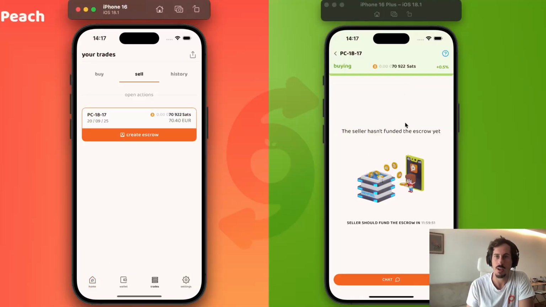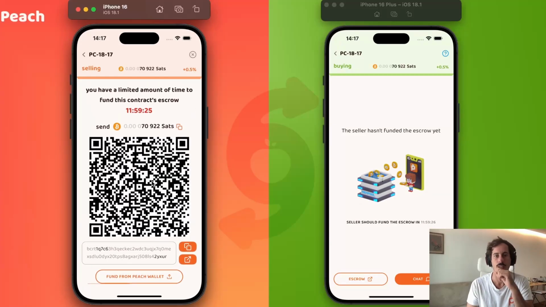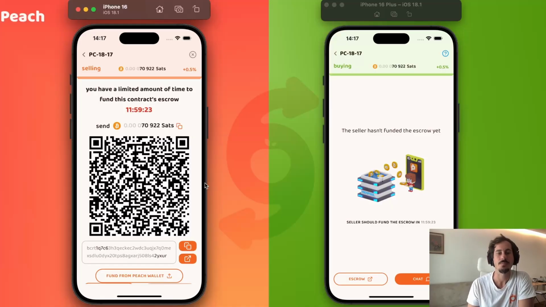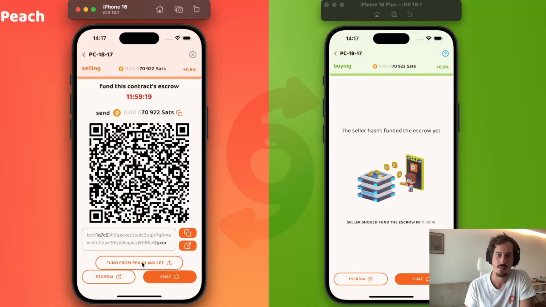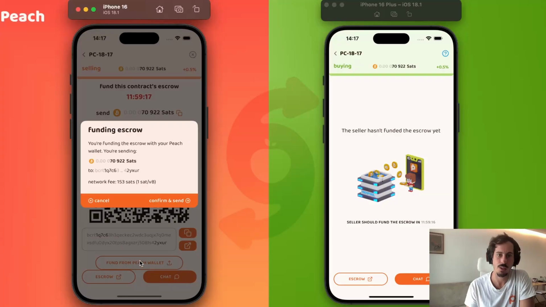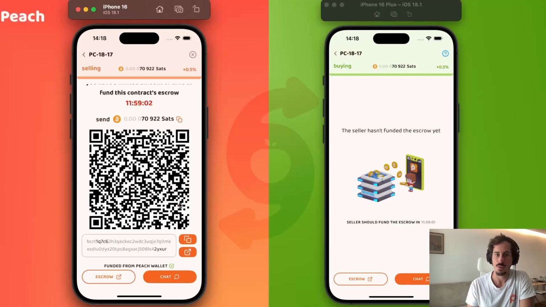So the buyer needs to wait for the escrow to be funded. So the first step is the seller. The seller creates an escrow and needs to fund it. So he funds from the Peach wallet, and he needs to send this amount of sats to this address. This address is a multi-signature address that requires both the signature of the seller and of Peach to move Bitcoin out of that address. This is to avoid scammers. So he sends,